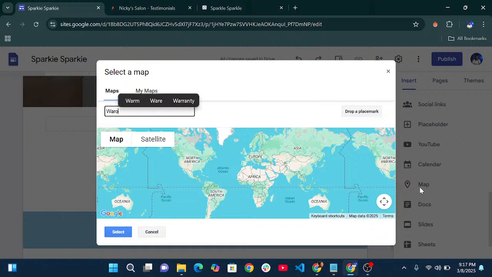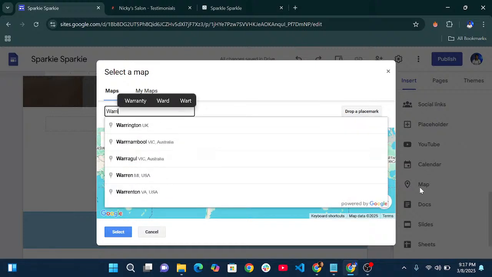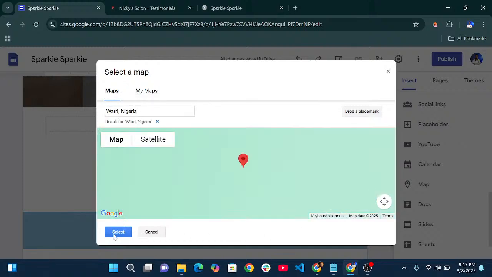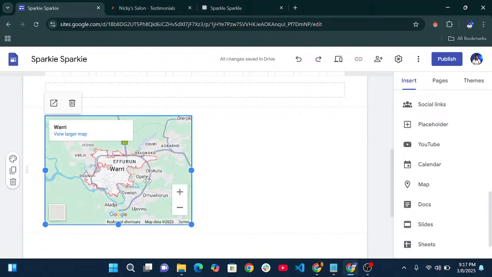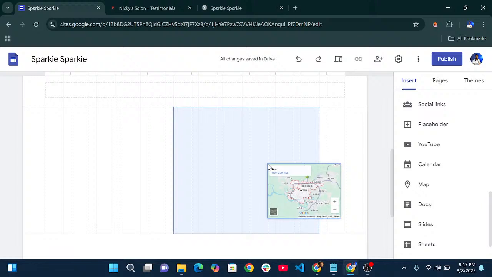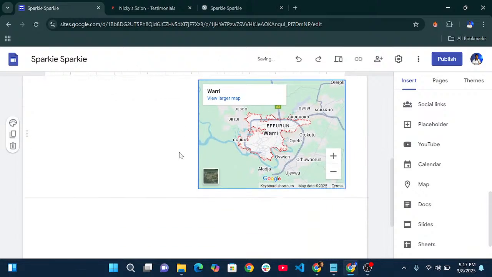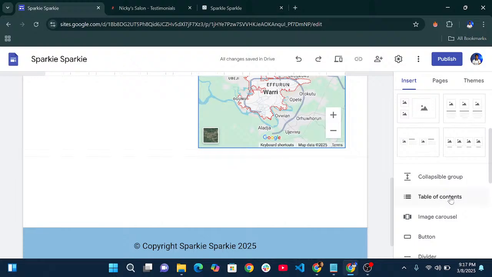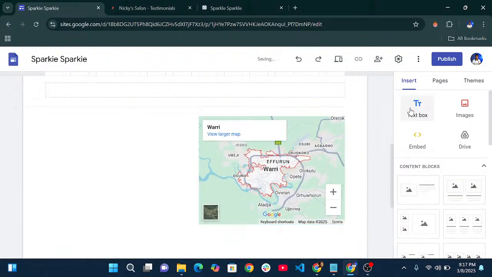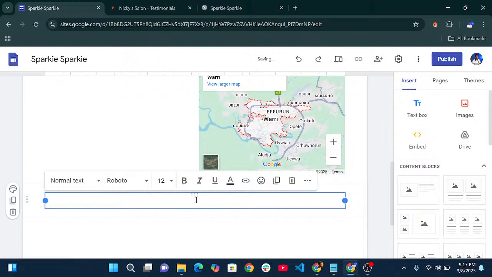I'm just going to say Warri, Nigeria. Yes, I'm from Nigeria, and I'm just going to select. So you see the Google map here, and we can change the size, but I'm just going to move it this way. And let's take a text box, and I want the text box